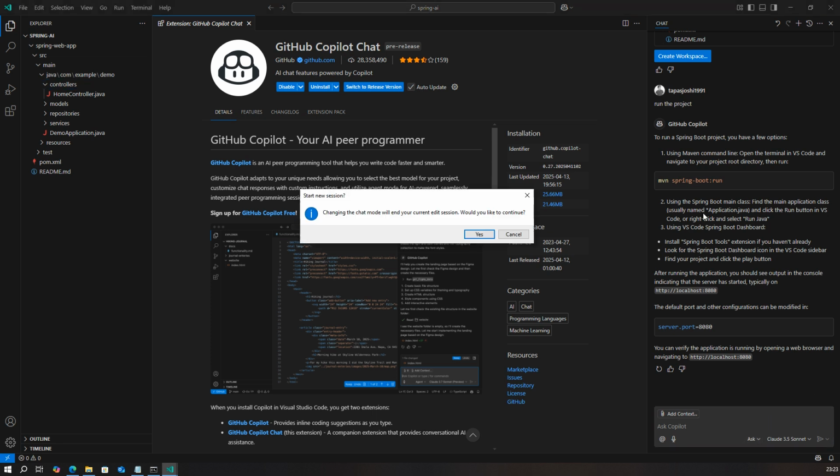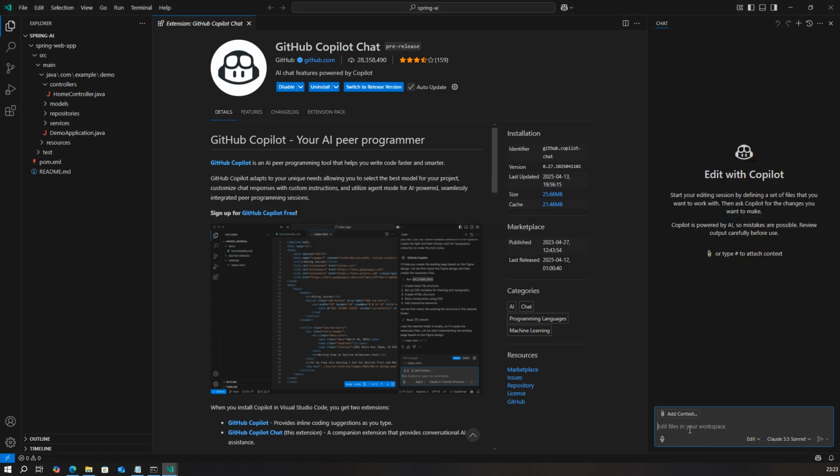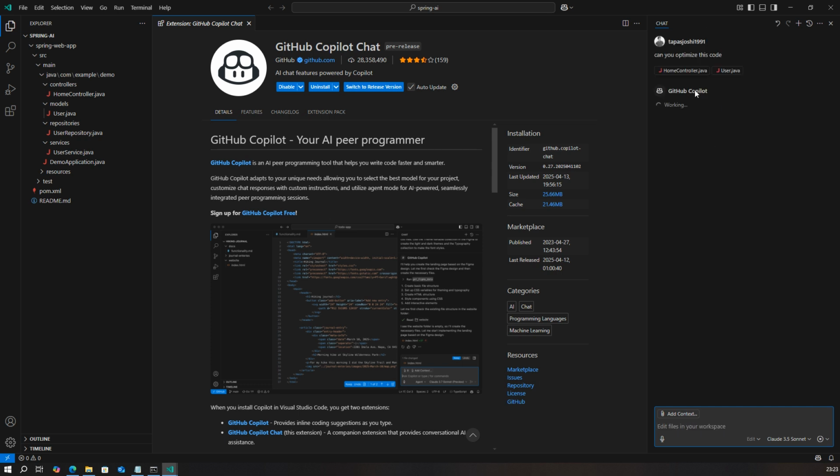So ask and edit, let me skip this. If I go back to edit mode, if I want to edit multiple files at a time, I can bring this to this working set. Let's say multiple things, I can bring it here, and then I can give one prompt: can you optimize this code or something like that? The moment you give something, and whatever files you have in the working set in edit mode, it will be able to go ahead and